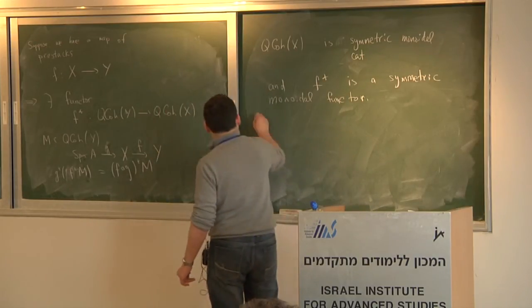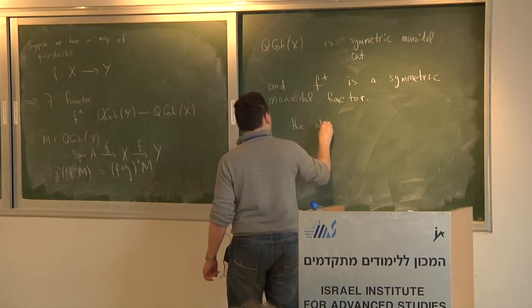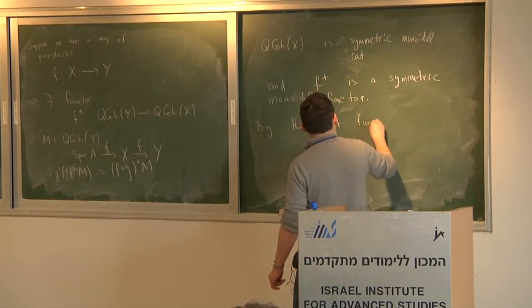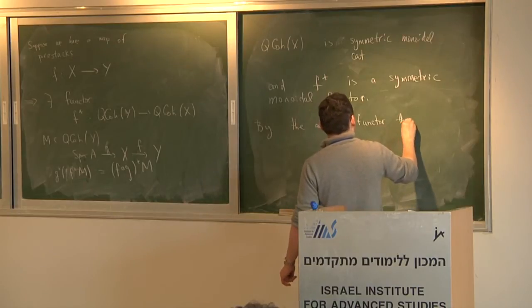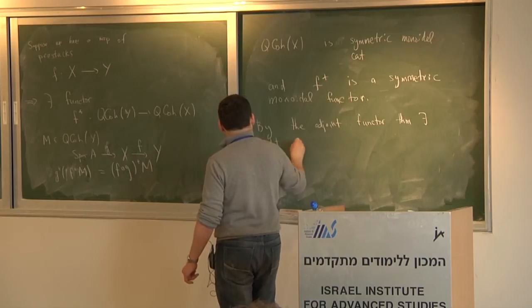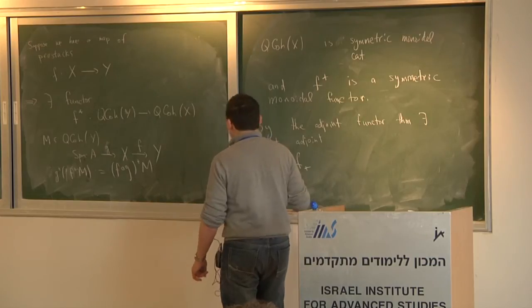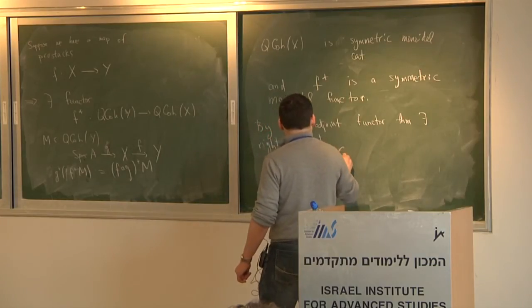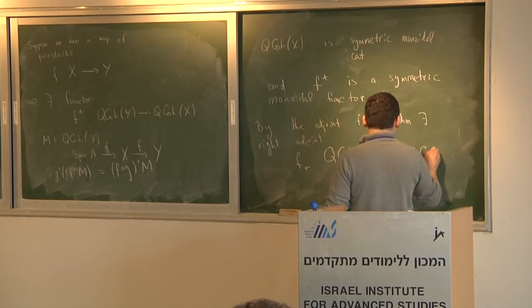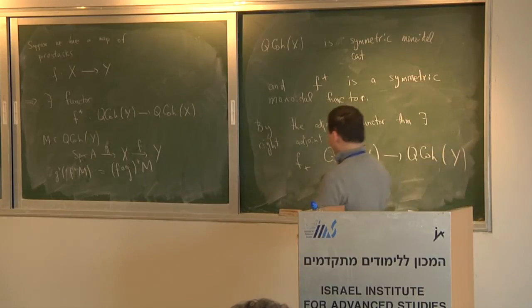So by the adjoint functor theorem, there exists a right adjoint, let's call this f lower star. So there exists some right adjoint, but